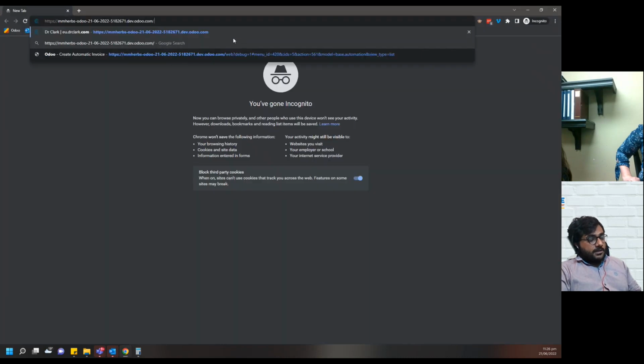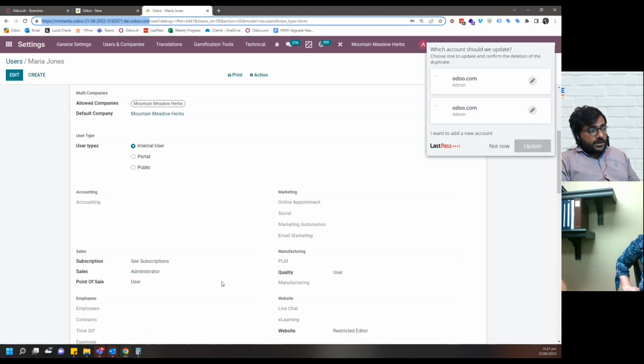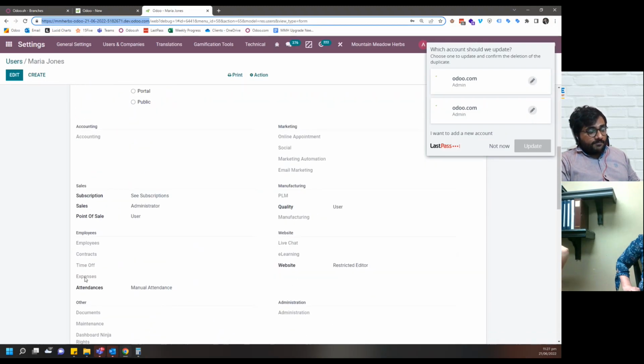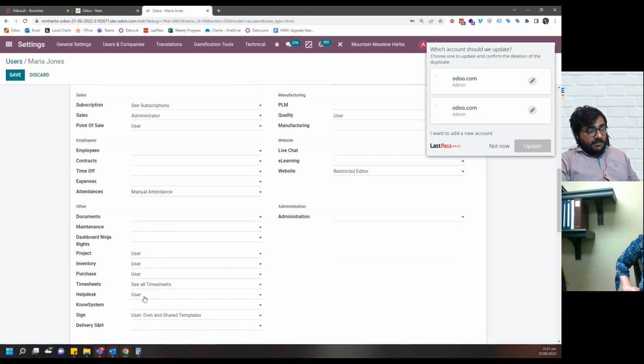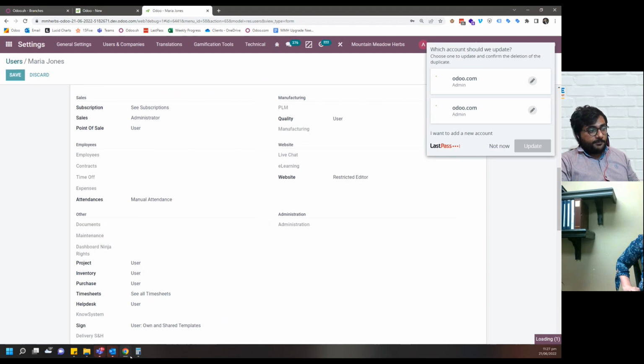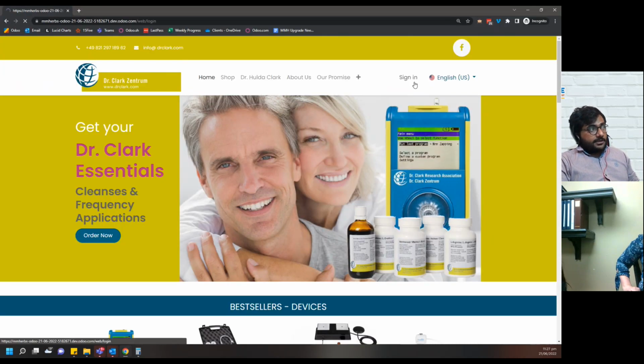Now I'll open up this environment as Maria, logging in as her. And you can also see that for the expense module, she has no access. But at the same time, since she is an internal user, and as far as I believe, she also has a factor of being an employee in the list as well, right? So with that done, if we come in and we sign in,